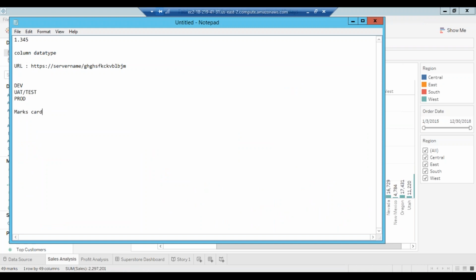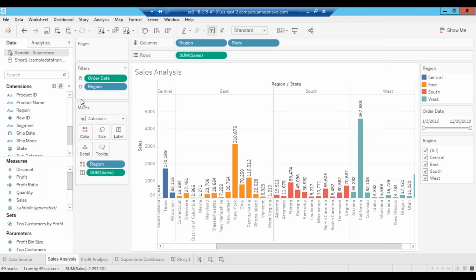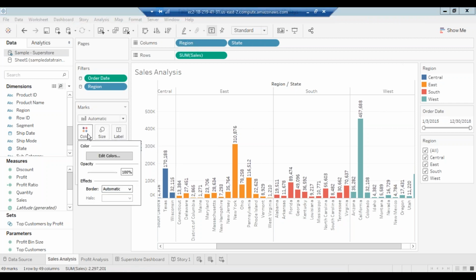Okay, marks card. Under marks card we have a lot of things. Under that we have colors, we have size, we have labels. Okay, we have details, we have tooltip. So these are all the things. So if you want to add colors, drag the column or your values on this. Drag dimension or measures here, or click for more options. When you click on that, you will get modification things, added color, opacity, effects. You want to see the effects and all that. Okay, so you can do all that.